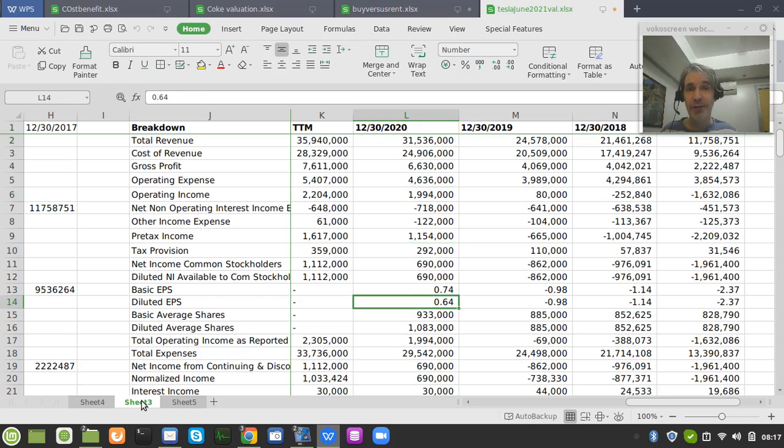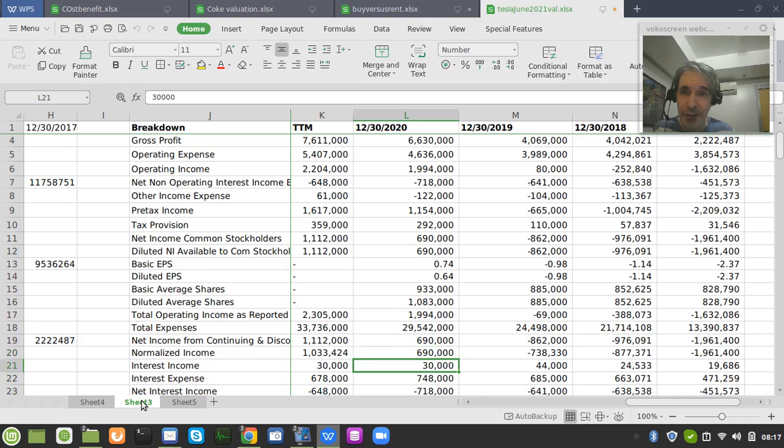The important thing is to look at a number of things. So here's all the data, how much revenues they have. Now this is in millions of dollars. Sorry, this is in thousands of dollars. So this means that what looks like 31 million is actually 31 billion. So let's look here. We're looking at net income. Okay, so that's good. Earnings per share, 74 cents. That's not great. I'll explain to you why. And then if we go to here, total expenses, and we go to net income, normalized income,